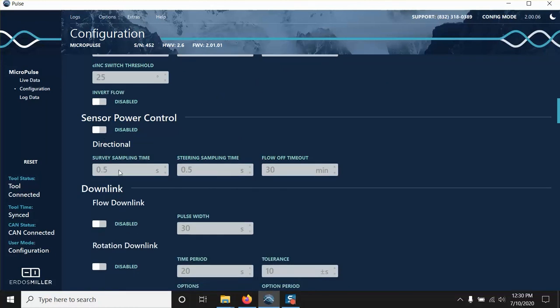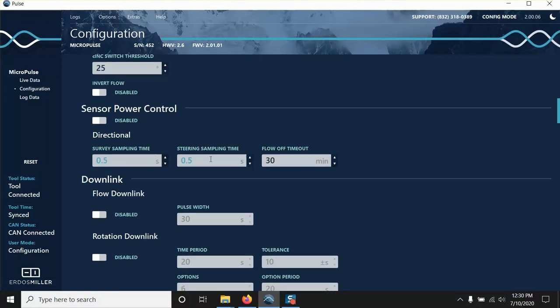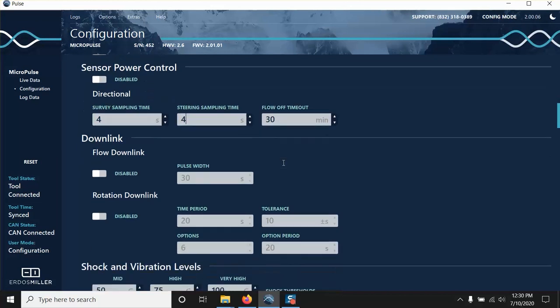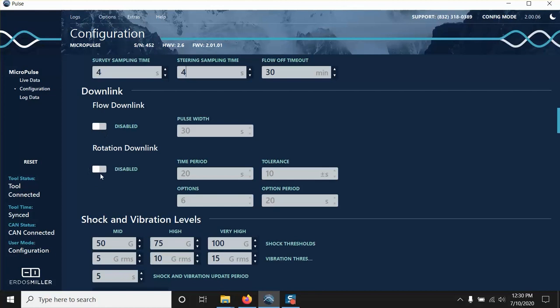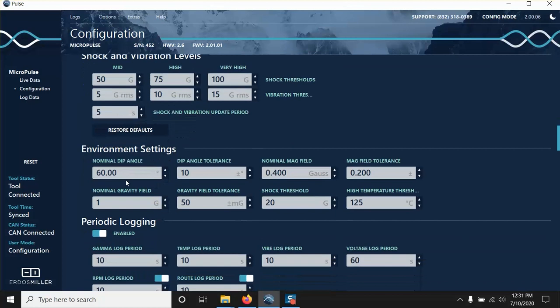The survey sampling time and the steering sampling time can be set here. We'll just enter a value of 4 seconds. Flow downlink and rotation downlink can be enabled or disabled here, along with the various settings. The shock and vibration levels can be configured here for the